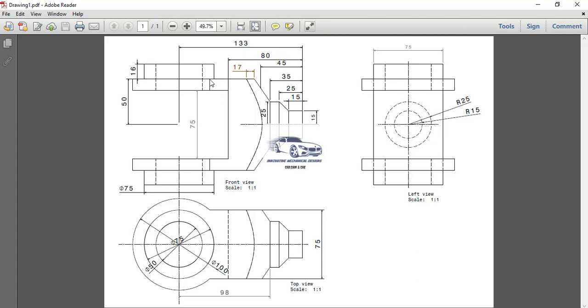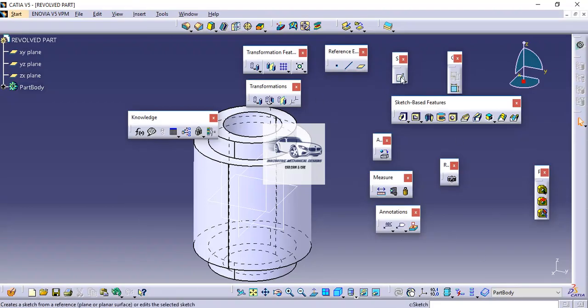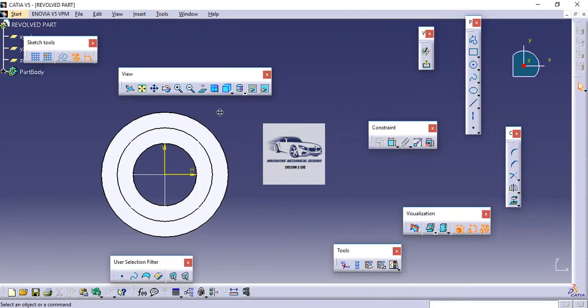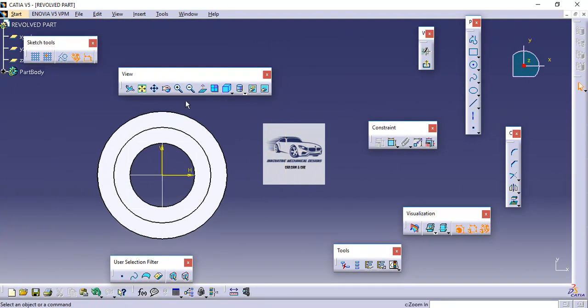Now next we will develop this particular front portion. In order to develop it, we have to take a look at the top view. So we have developed up to this portion. Now first of all, I will develop a rectangular section in the top face of length from the center 98 mm and width 75. So I will go to sketch. I will select this top face, or I can also select the bottom face.